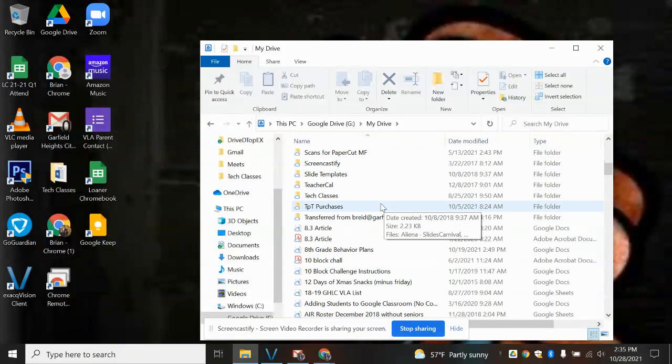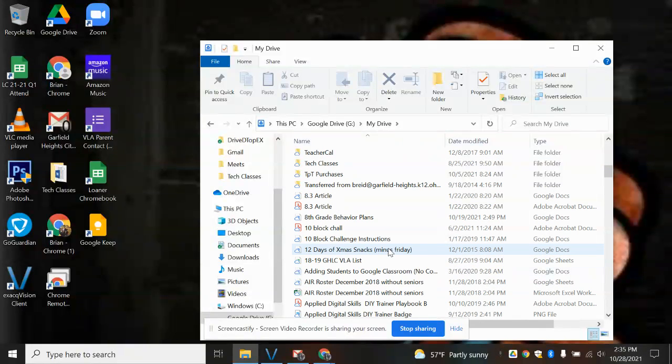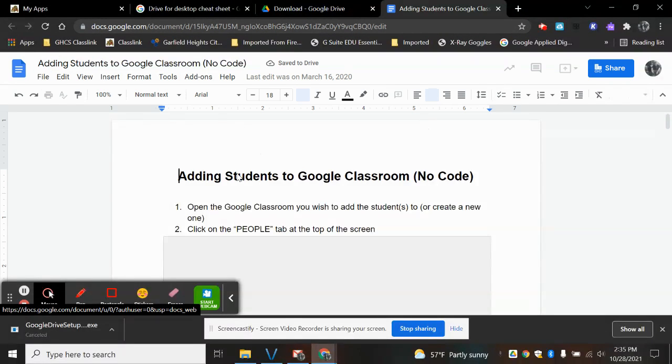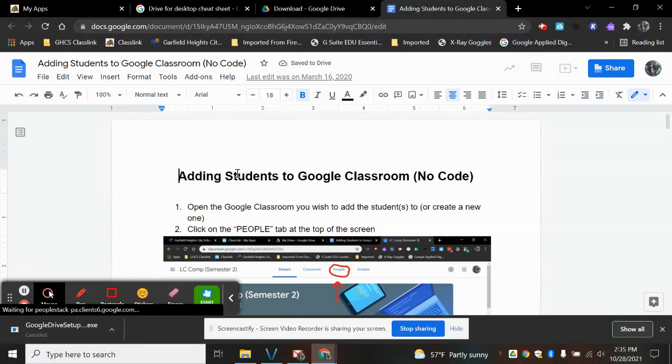So all of my folders, articles, and that. And these will open in the format they were saved to as well. For example, if I was opening a PDF, it would open as a PDF. Google Docs would open as a Google Docs. Excel would open as an Excel. So I'm just going to open one here. It was a Google Doc, so it's going to open in Google Docs, which is a web-based program, so through